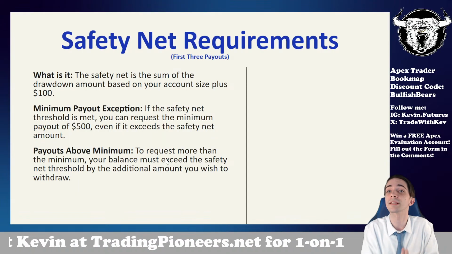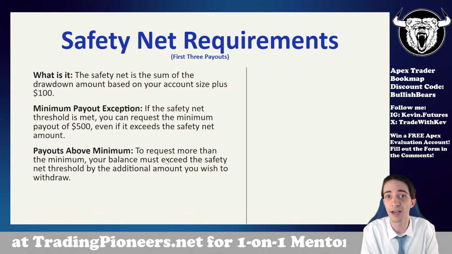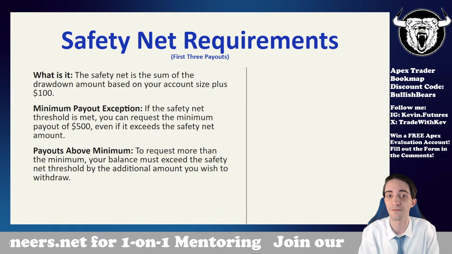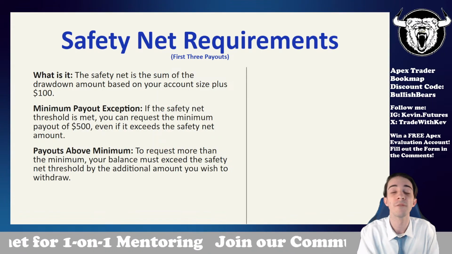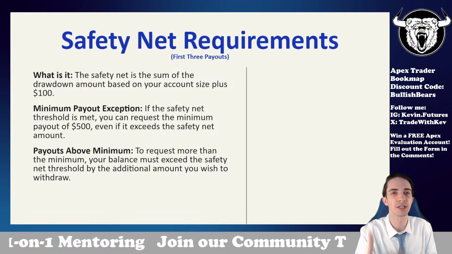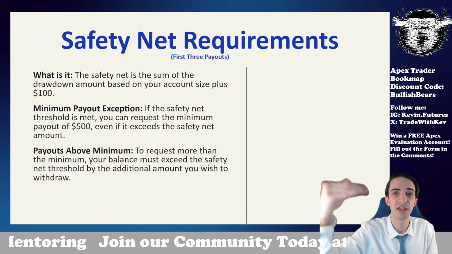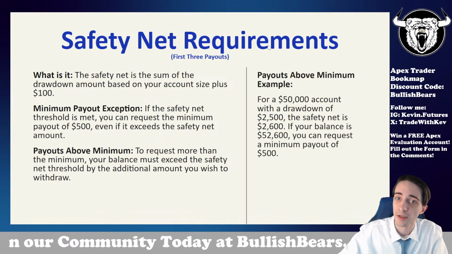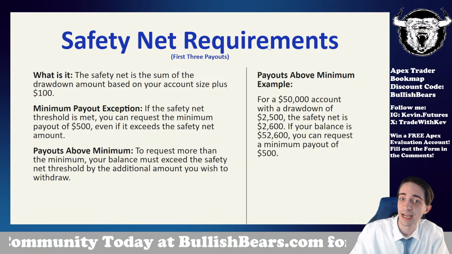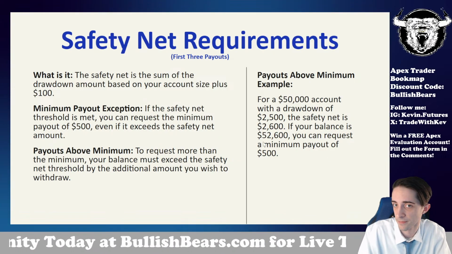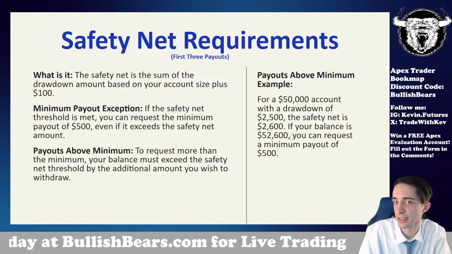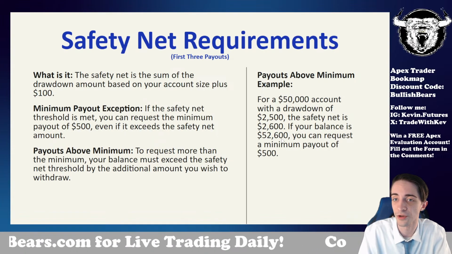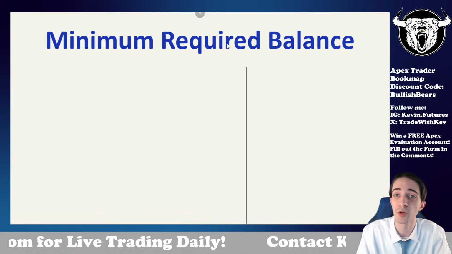So if you're at $2,600 on the 50K account, anything above $2,600 is profit that you could take off. So if you bring it to $53,100, that brings you to that minimum $500 you could withdraw. Payouts above minimum, so 50K account, yep, just what I just said. Oh no, I'm sorry. If your balance is right, you could withdraw the first 500 at 2,600, not at that 31. So even better. Minimum required balance.